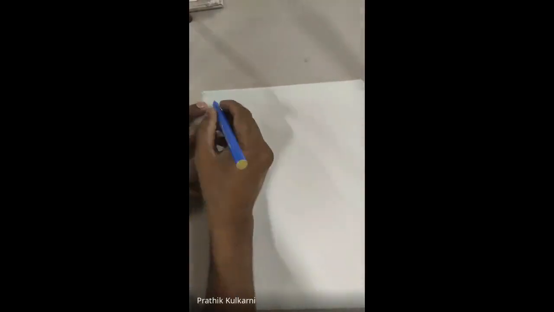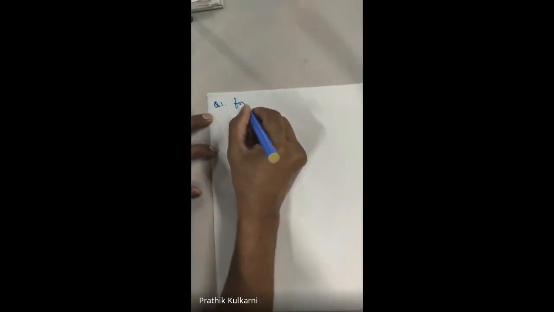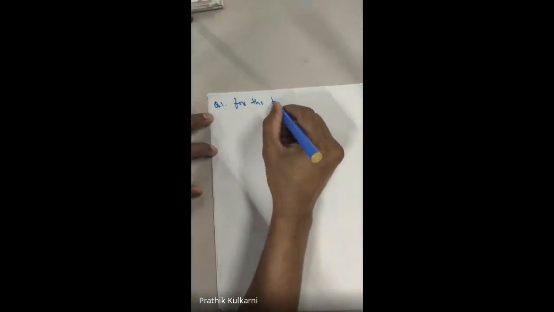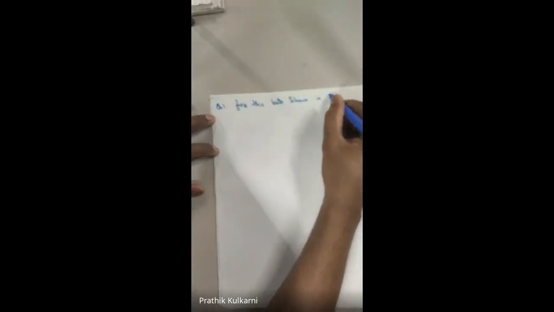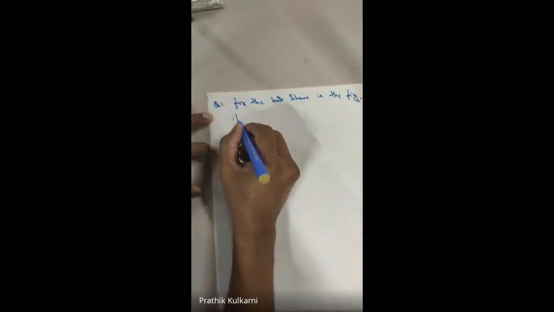So now, as I said, we will solve a few of the problems. In the last class I just gave you the formulas. In today's class we will solve a few problems which are really interesting. So you can write question 1: for the bar shown in the figure,